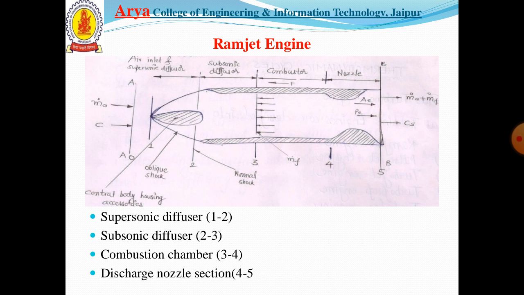The velocity must be small enough to make it possible to add the required quantity of fuel for stable combustion. The air entering the combustion chamber should not be higher than that corresponding to a local Mach number of 0.2. The higher the flight velocity, the larger is the ram pressure, and consequently the larger will be the thrust. This is true until a condition is reached where the discharge nozzle becomes choked. Thereafter the nozzle operates with a constant Mach number of 1 at its throat.